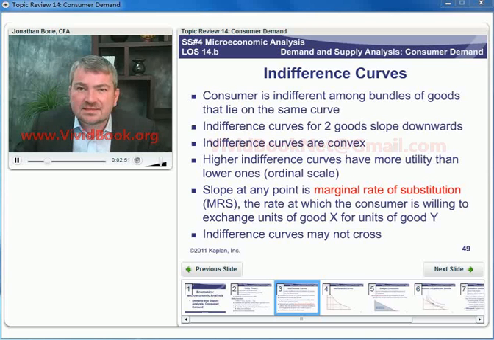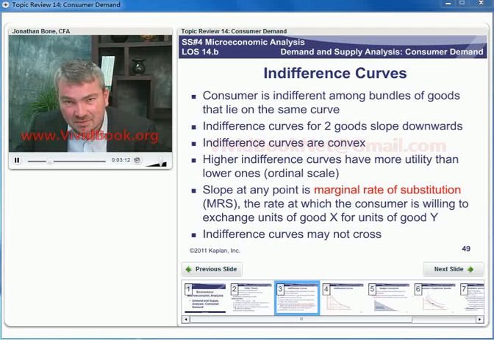Higher indifference curves have more utility than lower ones. But remember it's an ordinal scale. So all we can actually say is we prefer to be on a higher utility curve than a lower utility curve. We can't say that a higher utility curve has twice as much utility as a lower one, for example, so we can't put a difference. We can't look at the interval between indifference curves,